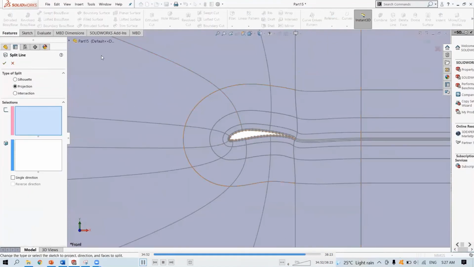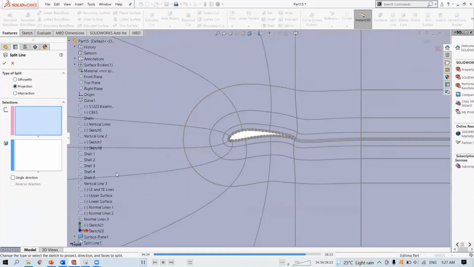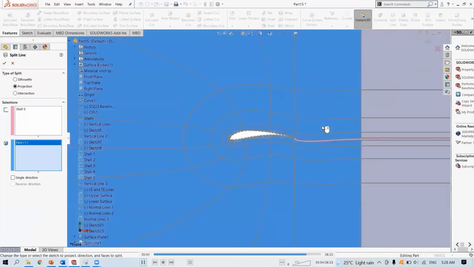Split line again. Can use the drop down menu over there. I can select shell 4 first, maybe. Okay, shell 0.